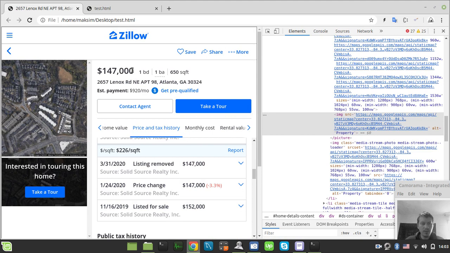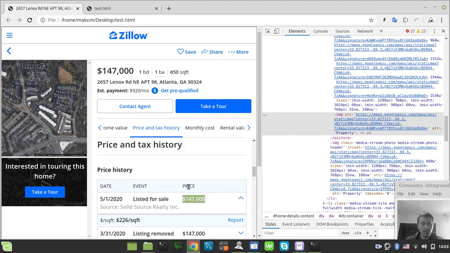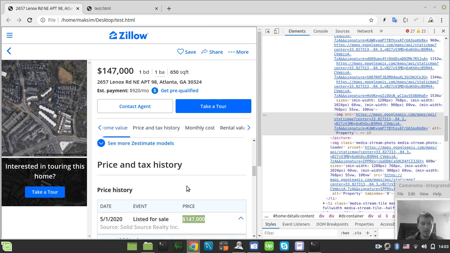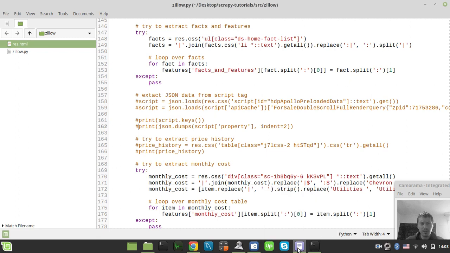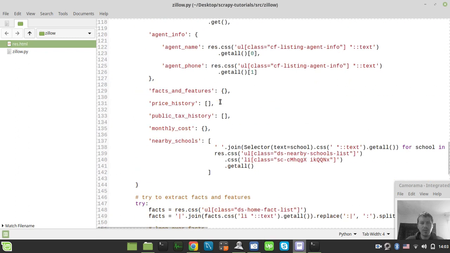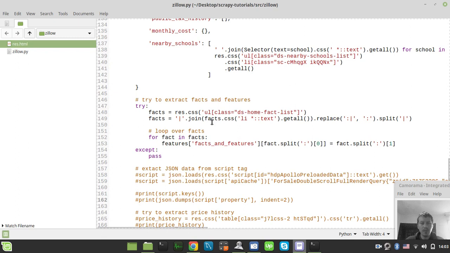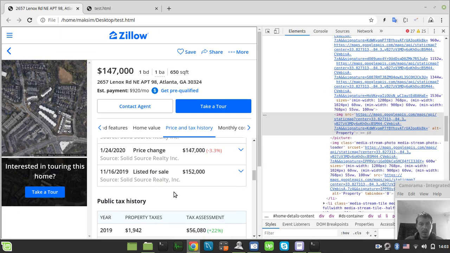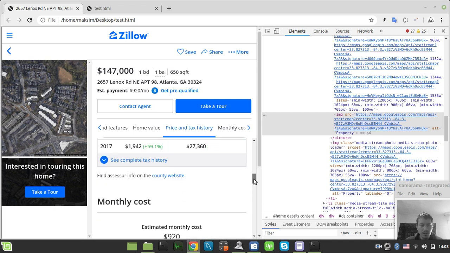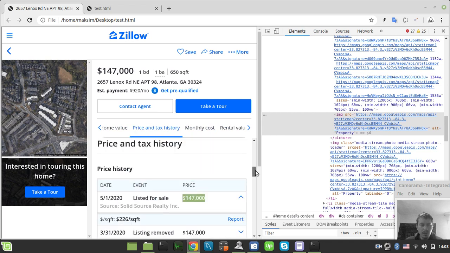Price change, listing removed. Price history. Or hold on a sec. Did we already obtain the price history? I don't remember even. Okay, we didn't. Either the price history. Yeah, still to consider. We did just the monthly cost. Okay, I'm just going crazy already. So public tax history. Oh, so we need only this too. Okay, so the price history and